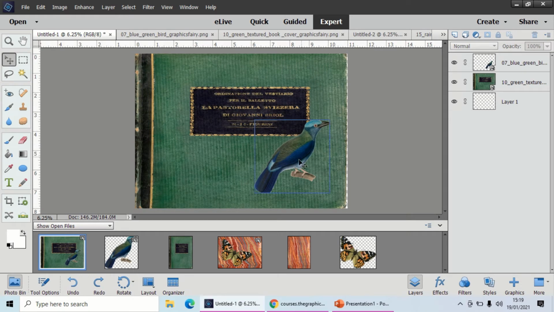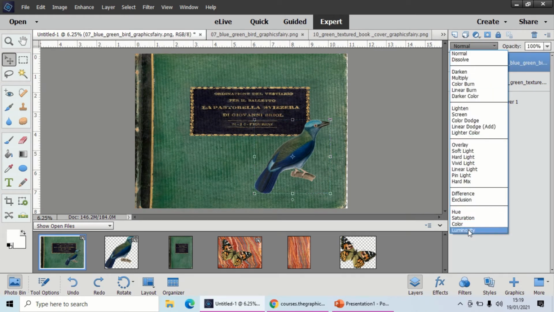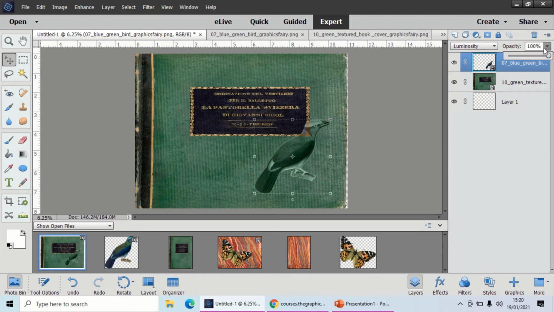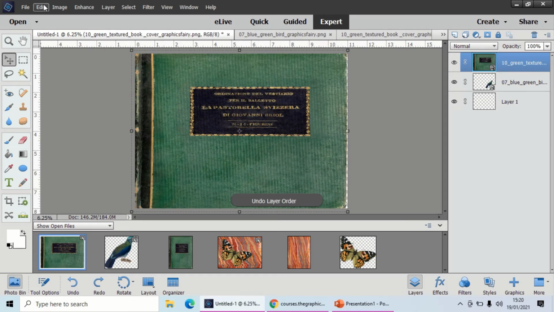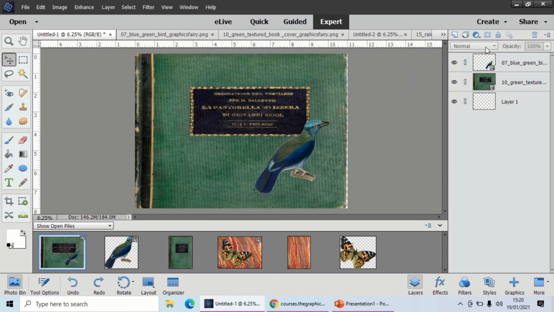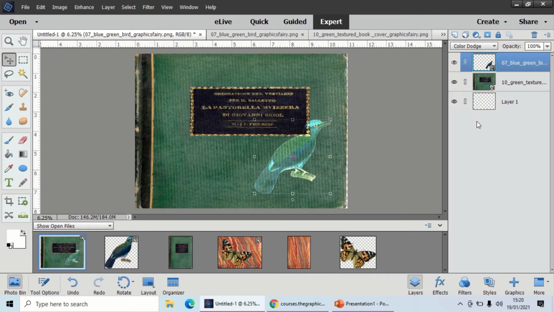The other thing you need to know about is when you are changing, so I'll go back to luminosity again, I can actually change the opacity on every single one of these blending modes. Okay, so that's something to bear in mind, that if you like the idea of what it's done, but you do not like that it's too bright for you, you can always change the opacity. So if I come down again to, let's make sure that's highlighted, let's try color dodge. Okay, say I wanted to make that just that little bit more translucent. There you go. So with every single blending mode, you have opacity as a second kind of mode to use